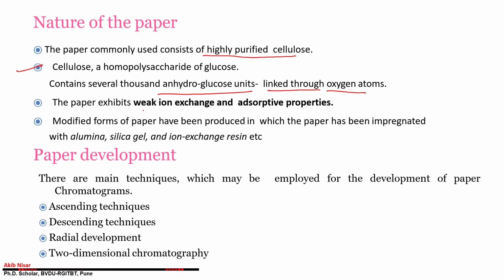The paper exhibits weak ion exchange and absorptive properties. Due to this phenomenon, modified forms of paper have been produced in which the paper has been impregnated with alumina, silica gel, and ion exchange resin, etc. So in a very simple type of paper chromatography, you will use only a plain cellulose paper,